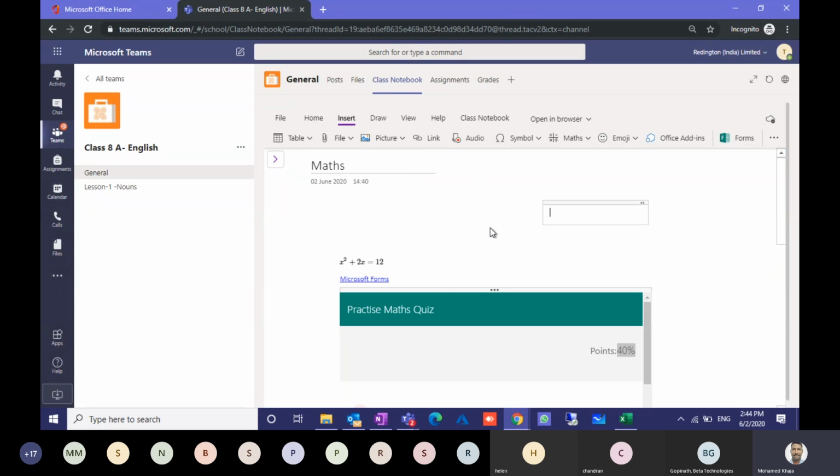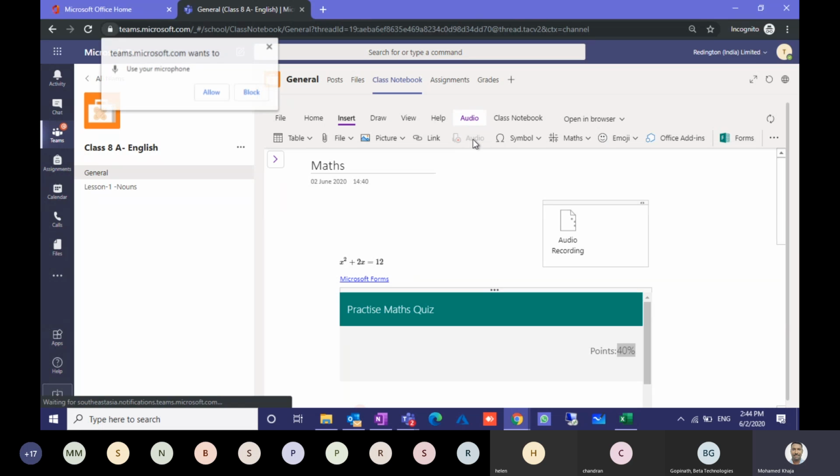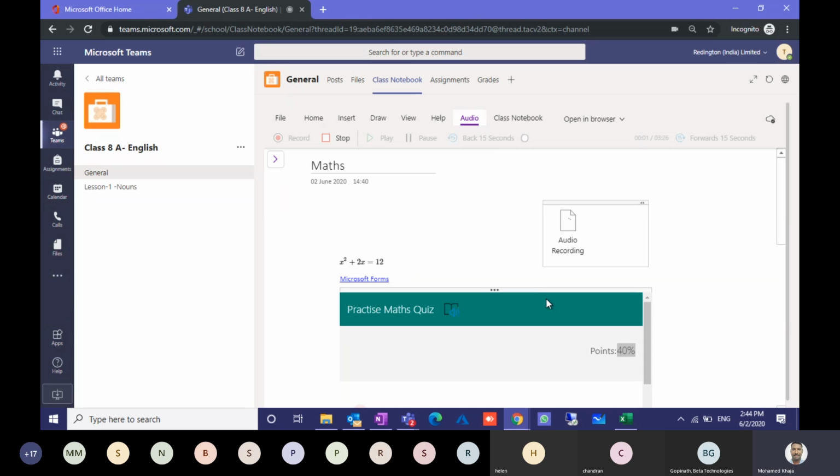Not only documents, if you want to give a special instruction via audio, you can record that in an audio format, and you can click the OneNote and share this with students. When students have this audio, they can play and hear what the instructor or the faculty is saying about this particular thing. You also have the option of drawing. You can use your stylus or your touch input to draw something and represent it to your students.